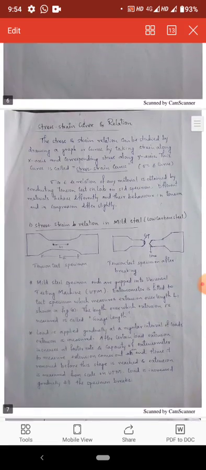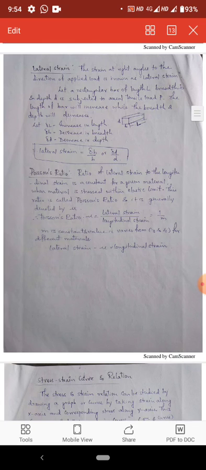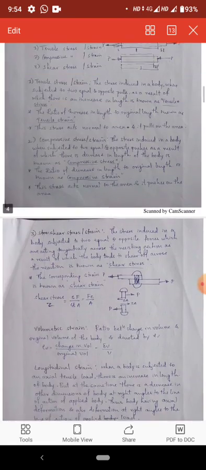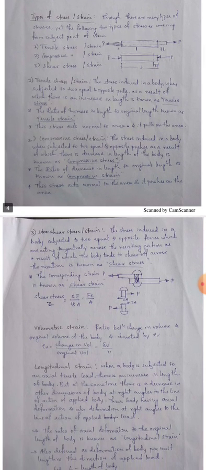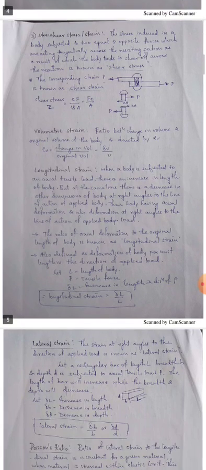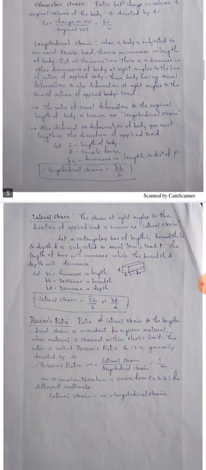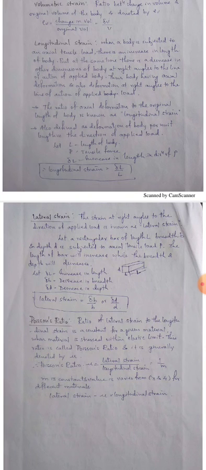With this topic I want to end my lecture number 2. The main outcome of today's lecture is that you have to understand the stress, that is sigma equals load by area, and the strain equals change in length to the original length, epsilon equals delta L by L. And there are three types: tensile stress, compressive stress and shear stress. And their definitions: shear stress equals shear force by area, volumetric strain epsilon V equals delta V by V, longitudinal strain delta L by L, lateral strain delta B by B or delta D by D, and Poisson's ratio is lateral strain to longitudinal strain.